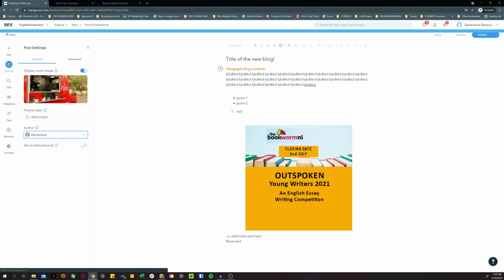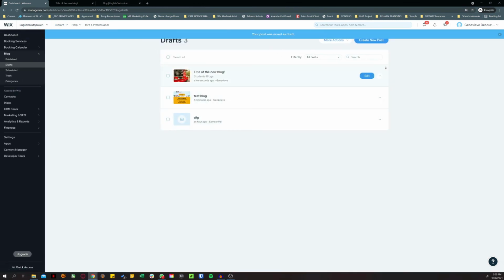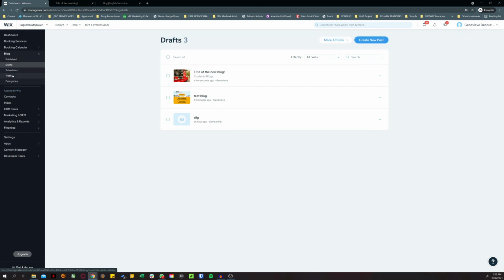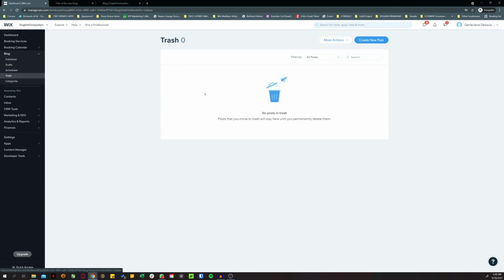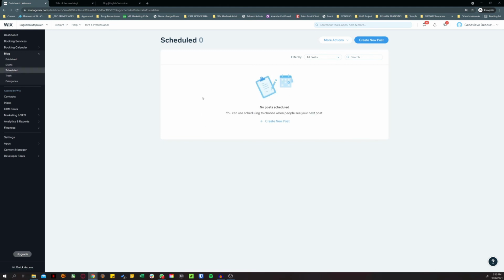So that's about it. You have full control over your blogs here in the control panel. If you deleted something, it will go into the trash. You can recover it if you accidentally delete a blog. There are also scheduled posts, which you can set if you create a new post specifically for scheduling.